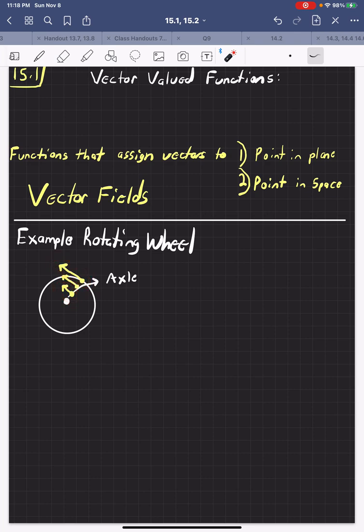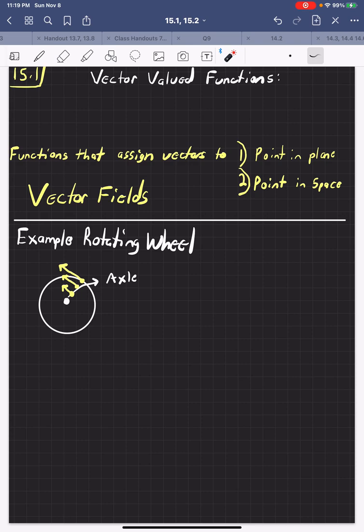We can also see the direction the wheel is turning simply by the direction of the vectors. By the way, this is a vector field. The next one is another type of vector field